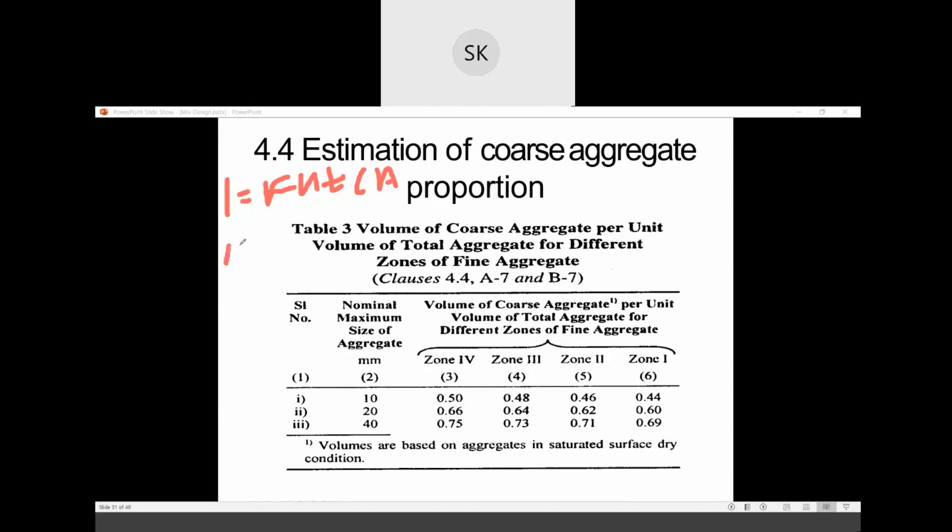If for 20 mm nominal maximum size of aggregate my coarse aggregate is 0.62, suppose 0.64, so my coarse aggregate is 0.64. From here you can find out the fine aggregate: 1 minus 0.64 will be your fine aggregate. Let's see.